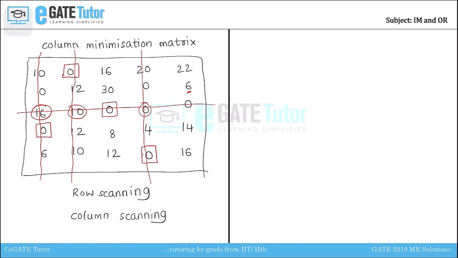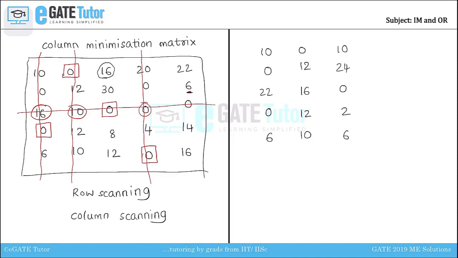When we do that, we get 10, 0. Since 16 is an intersection point, that has to be added with the minimum value of all the unstriked or unallocated entries. Next comes 0 and 6. Coming to the second column, it is 0, 12, 10 plus 6 is 16, 12 and 10. Third column, 16 is not allocated or it is not striked off. Therefore, we need to subtract the minimum element of non-striked elements, that is 6, from 16. So we get 10. Similarly, we get 24, 0, 2 and 6.